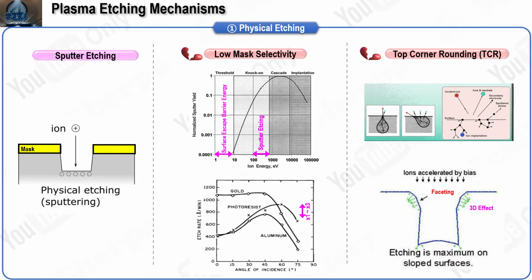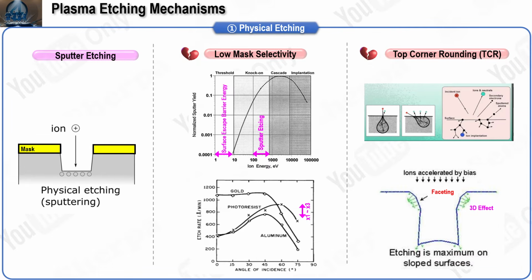Second key point is top corner rounding, and the cause is angle-dependent contact volume. Sputter yield increases strongly with oblique incidence, because an angled trajectory engages a longer near-surface path and a larger collision volume. The local maximum commonly appears between 40 and 70 degrees from the surface normal. A three-dimensional mask corner naturally presents oblique local facets to the incoming ions, so the top edge receives the largest effective contact volume and erodes the fastest. A bevel develops, the corner retreats, and the edge rounds, which relaxes the critical dimension and can grow line edge